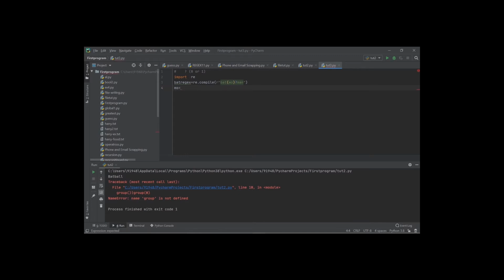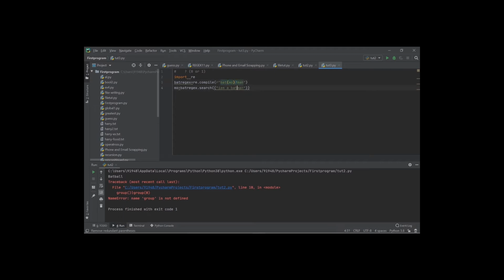Let me create a match object in a variable. Let me assign it. Now batRegex.search('I am a Batman'). As we have given a question mark character here, the preceding group may be repeated or may appear 0 or 1 time. 0 means there is no wo, so that it appears as Batman.